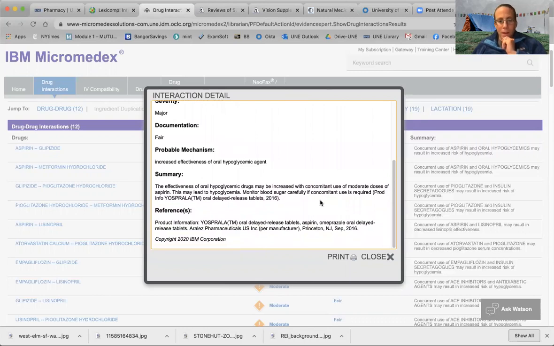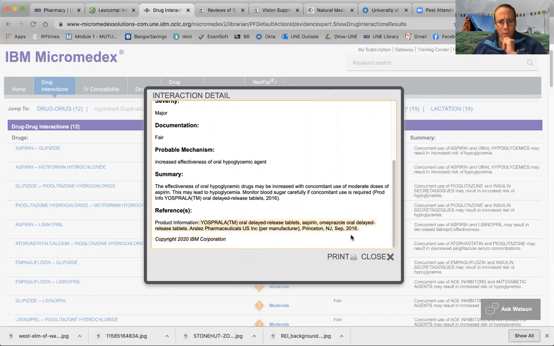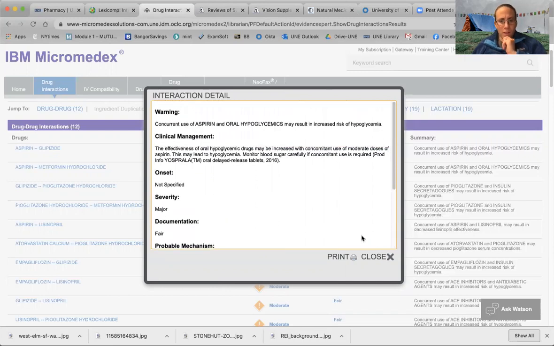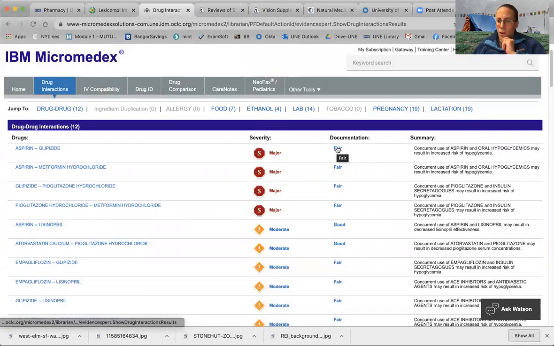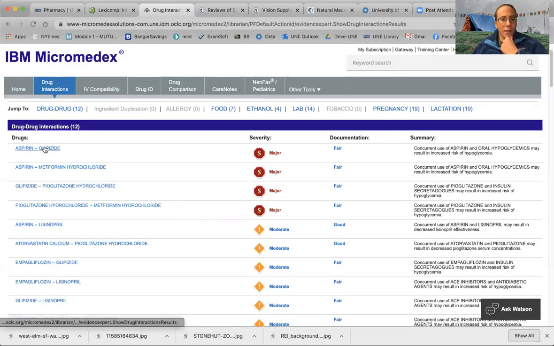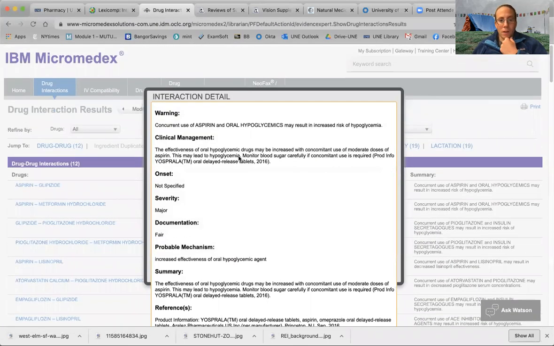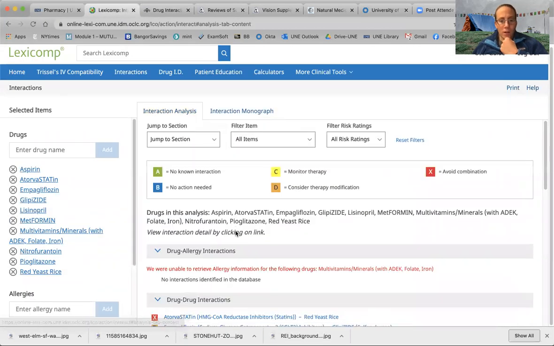So I'm not loving this. Also, what a weird reference. It's coming from the Yosprala, this combo med, as a package insert. That's such a weird reference. I mean, that's probably why the documentation is fair. I don't love this because maybe it's just because I'm used to Lexicomp, but that didn't give me nearly as much information to make an informed decision as this did when I went and I clicked on